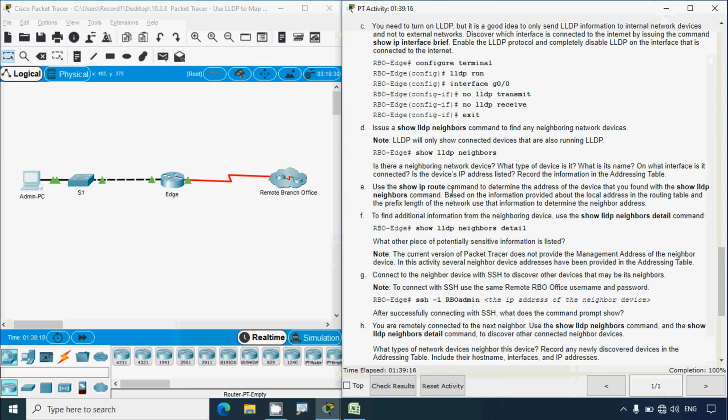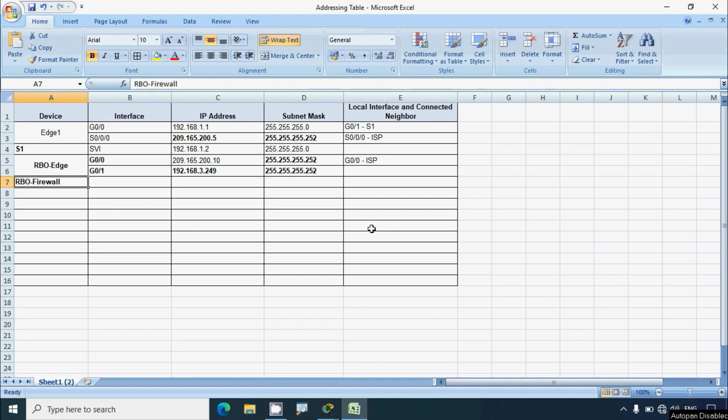Use the show ip route command to determine the address of the device that you found with the show lldp neighbors command. Based on the information provided about the local address, the routing table, and the prefix length of the network, use that information to determine the neighbor address. We will update this local interface and connected neighbor for this interface G0/1 in this router